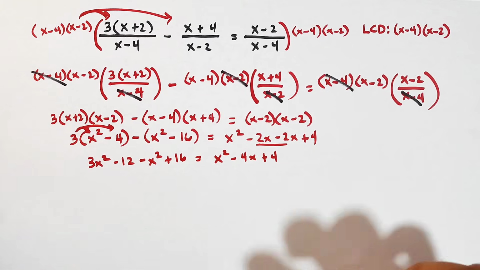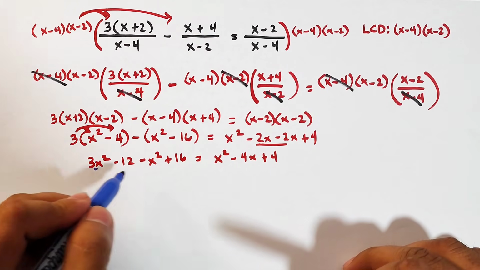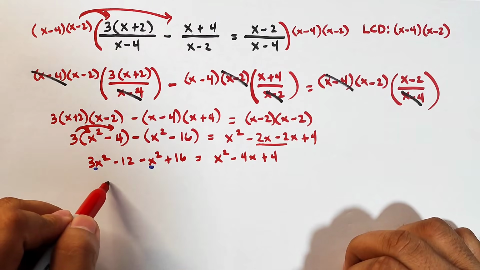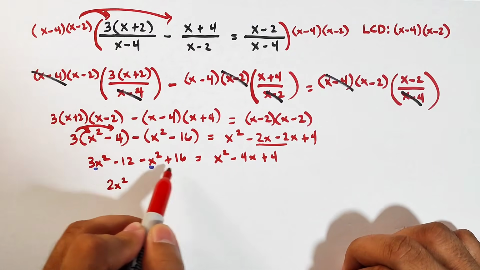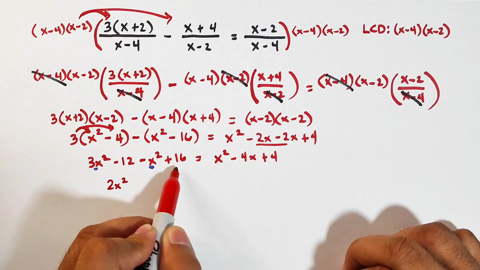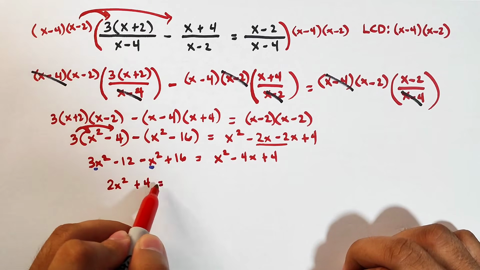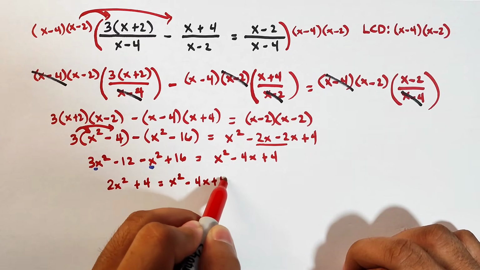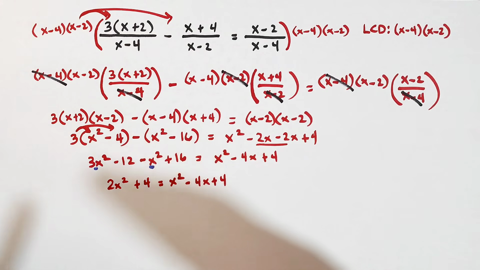Dito, you can combine these two. This one and this one. It will become 2x squared. For this constants naman, negative 12 plus 16, that is plus 4, is equal to x squared minus 4x plus 4. What's next is that we will